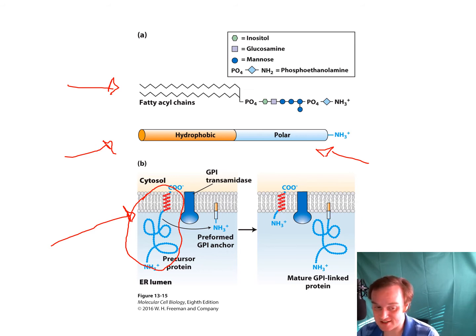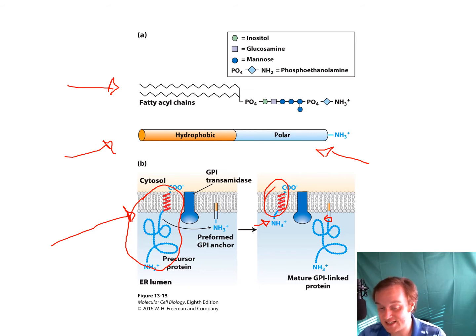So once that protein's inserted, there is a specific transamidase that cleaves the precursor protein within this exoplasmic-facing domain. As you can see, it cleaves it on the lumen side, right near that stop-transfer anchor point. And what it does then is covalently link this new C-terminus which it has created, which would be this part right here, and links that